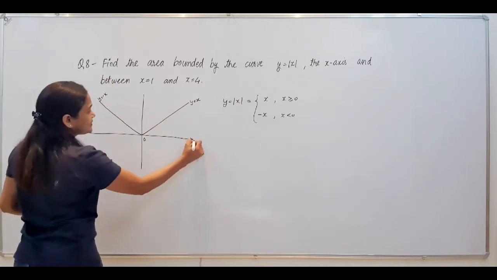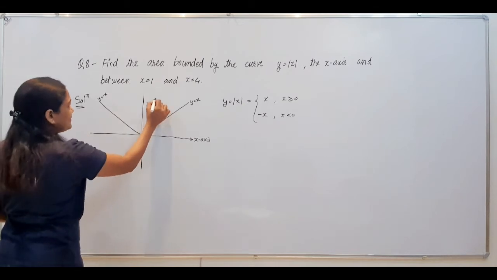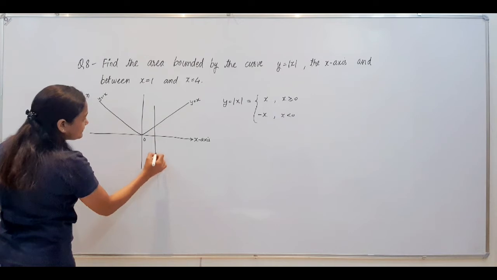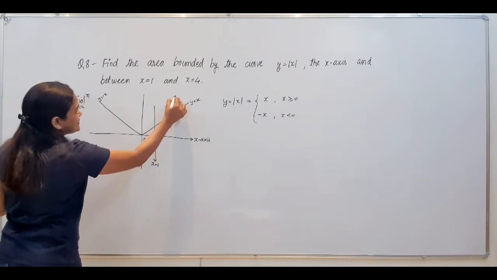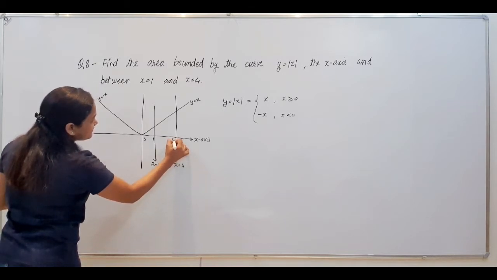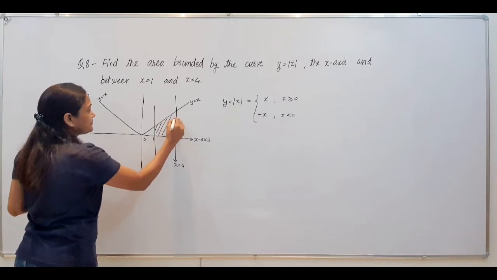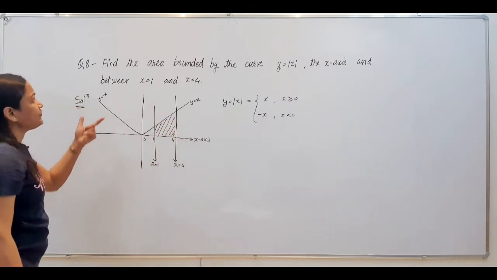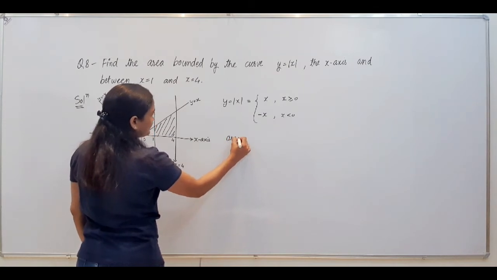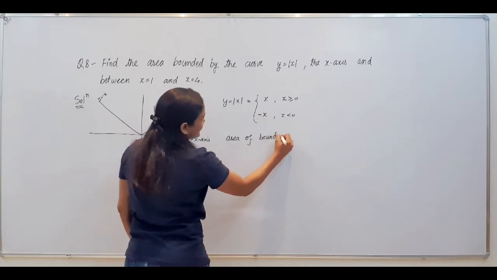X-axis is this line, x is equals to 1 is this line, and x is equals to 4 is this line. So your bounded region is this. Now you have to find the area of the bounded region. So area of bounded region